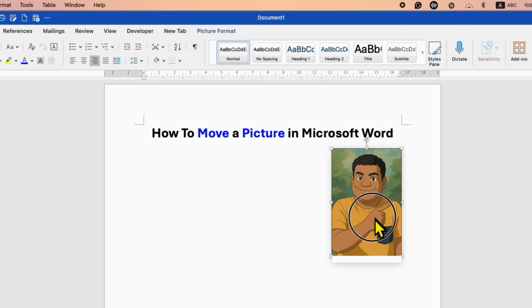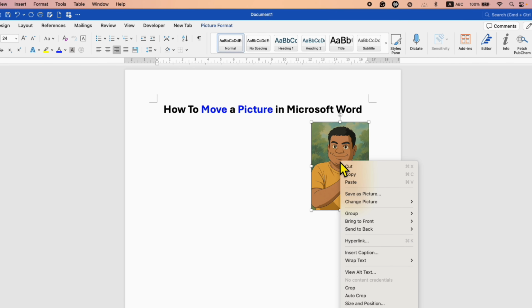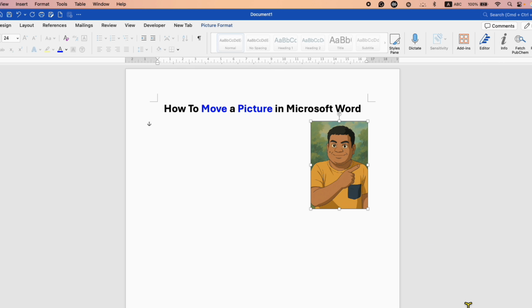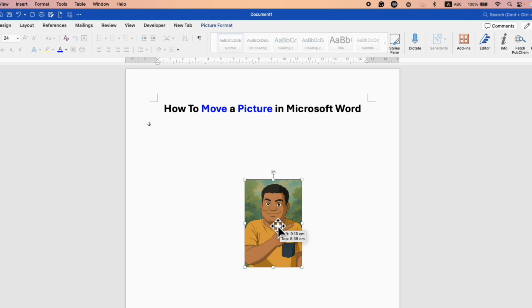If you want to move the picture freely, you need to right click on the picture, go to the Wrap Text option, and select this option in front of text. After selecting this option, you can now click and hold the image using your mouse click and can move